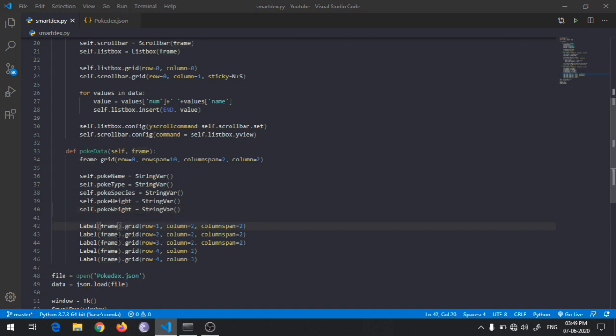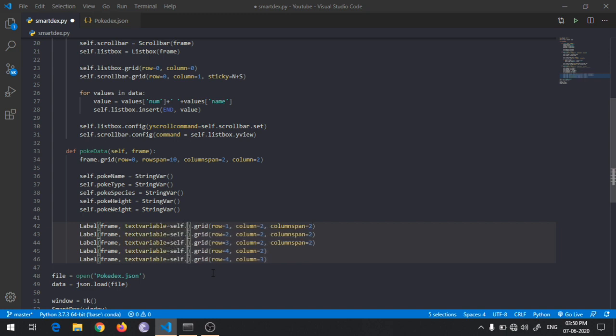So we'll go ahead and pass this variable to this label, so it will be a variable label for each, that means we can change the values dynamically. Here will be Poke name, type, height, then there will be weight. Okay, so we have added those,